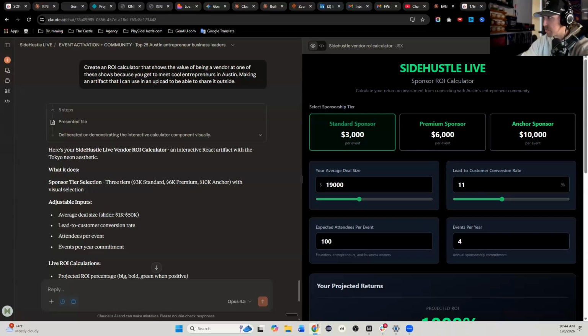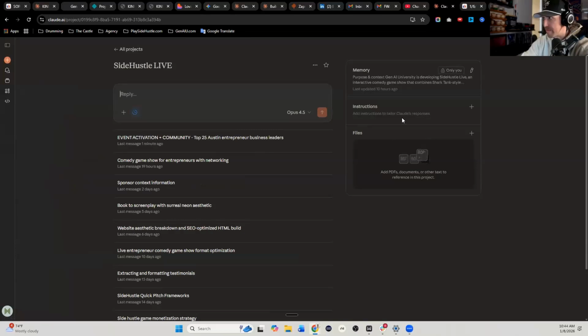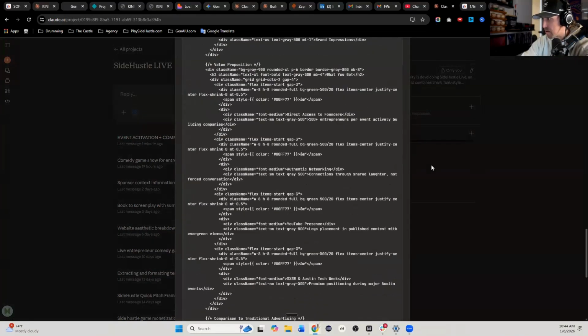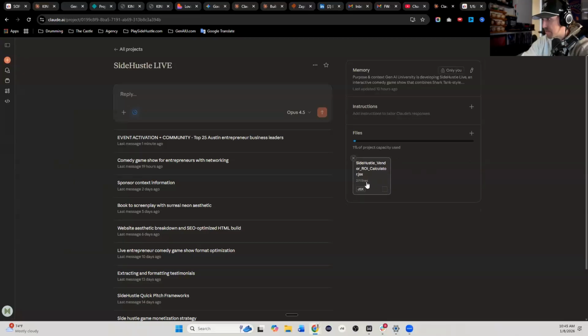If I add this to the project, last thing before we dive into the breakthrough. So I added it to my project and it just gave me all of this stuff. And now it's in my projects. Maybe that's where I can say, hey, reference this calculator and run it and then do something for me there. There's probably a few more rabbit holes that we could dive into with artifacts, but I've kept you all waiting too much longer for this. I'm going to show you right now the breakthrough I had last night on how